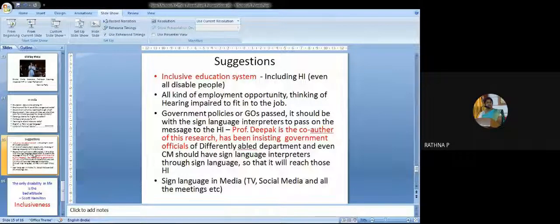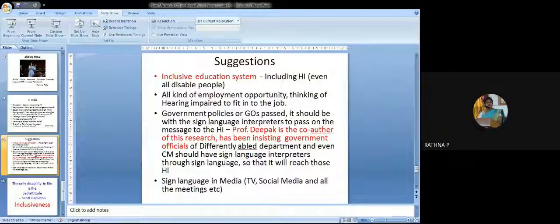Inclusive education systems should be there, that is, including the hearing impaired. It is not only the hearing impaired, it is all disabled people together in all education systems. For namesake, it is not enrolling one or two disabled people in the education system. It is not saying that 3% or 5% reservation has been done. No. Inclusiveness of at least 20%, at least 30%. My next suggestion is all kinds of employment opportunities, thinking of the hearing impaired, whether they will